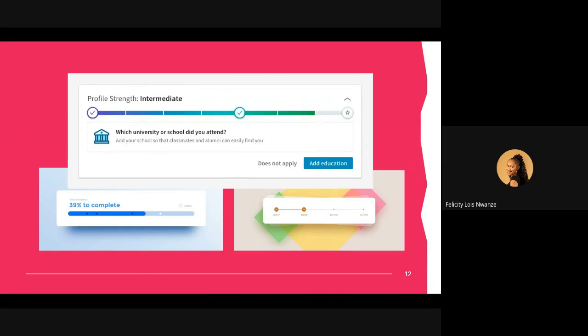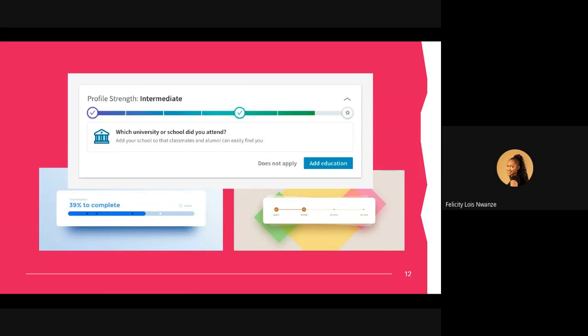For example, this one here, the first one on top, is from LinkedIn. So when you're filling out your LinkedIn profile, you don't have everything just chaotic on one page. You do one and then you move on to the next step. It keeps you in check. It makes you feel like you're part of the process, right? And it also makes you not feel overwhelmed. So we are designing progress trackers. Applying this element of journey is very important, right? Very, very important so that you won't overwhelm your user.